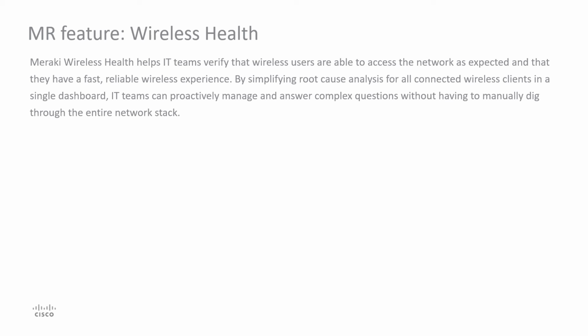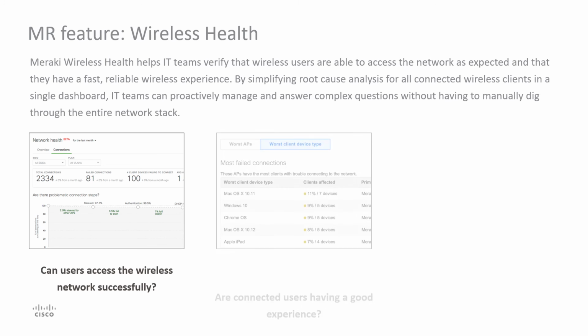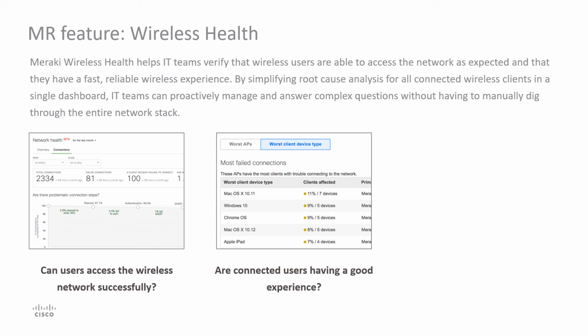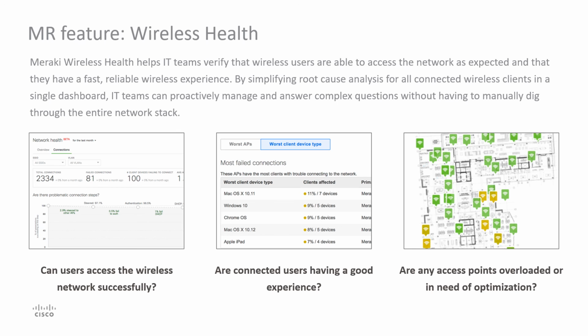The analysis process begins when the administrator determines whether a device was able to successfully associate with an access point. This step is followed by confirming the authentication process, the ability to obtain an IP address, and then finally resolving host names through DNS. Once connected, the administrator takes a closer look at the latency on the network points to determine the kind of experiences wireless clients are having, and if they are experiencing any issues. The health of each access point is also assessed to ensure it has the capacity and best configuration to meet the demands of wireless clients.